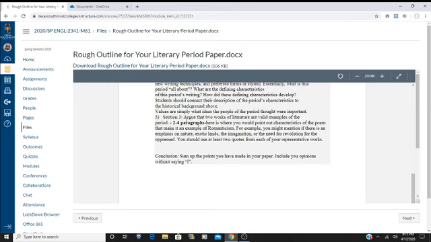Altogether, from all your sources, you're going to probably have at least 6 quotes. 2 quotes from the poems, 1 quote each from the poem. You're going to have 2 quotes, 1 quote each from the Romanticism articles, and you're going to have 1 quote each from the 2 overviews. So you're going to have a total of 6, okay? 2 quotes about the poems, 2 about the author's life, 2 about Romanticism, and then the rest you can just summarize, but you still have to quote your sources, even if it's just at the end of the paragraph.